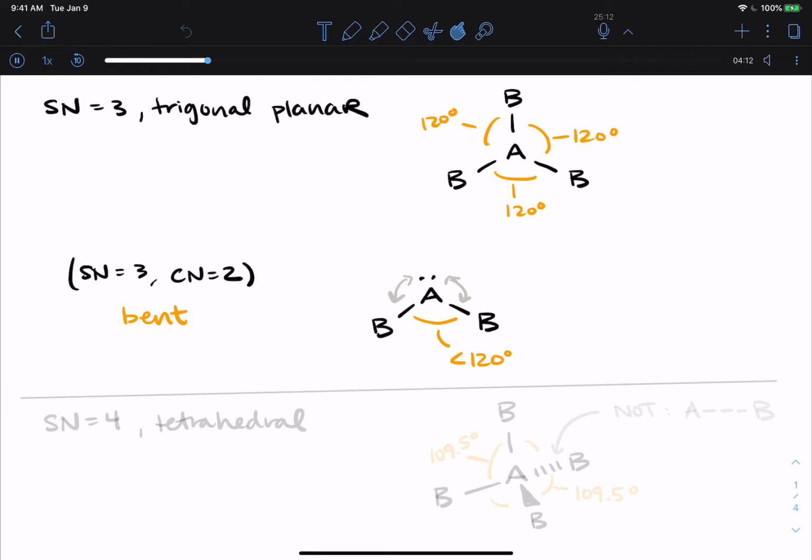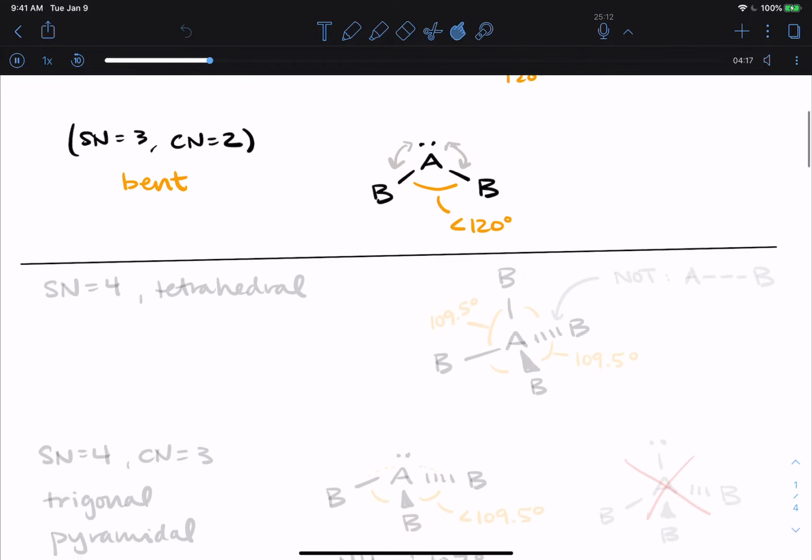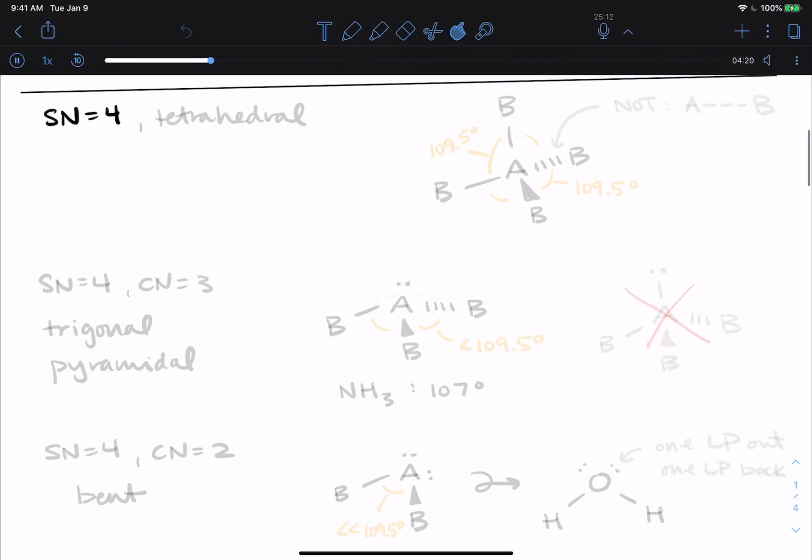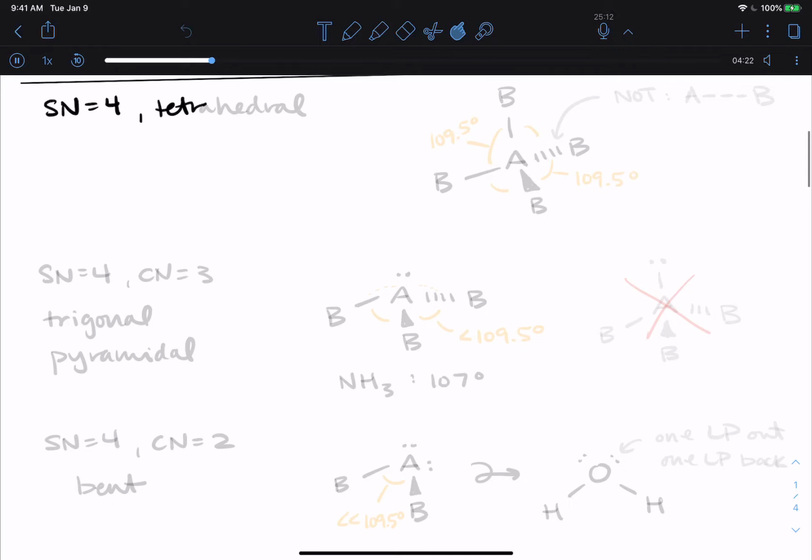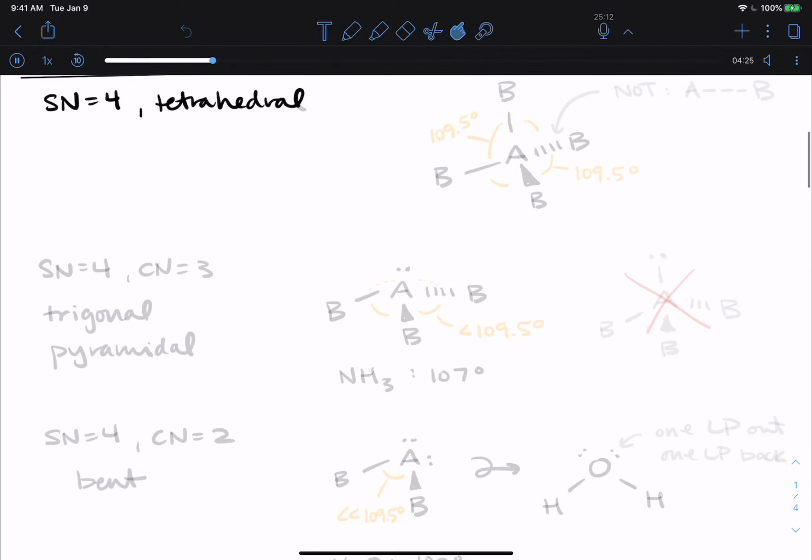Let's get a dividing line here. So up next is steric number 4. And the electron geometry here is tetrahedral. So if I have 4 things attached to a central atom, and they are as far apart as they could possibly be in 3D space, that ends up being 109.5 degrees apart. So one of the ways that we represent this tetrahedral shape is by